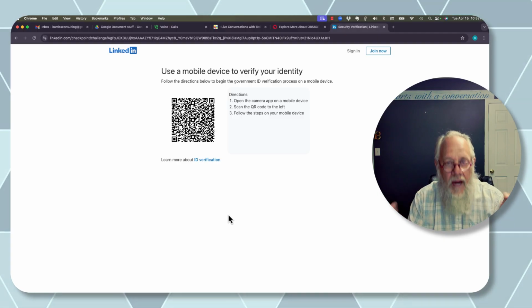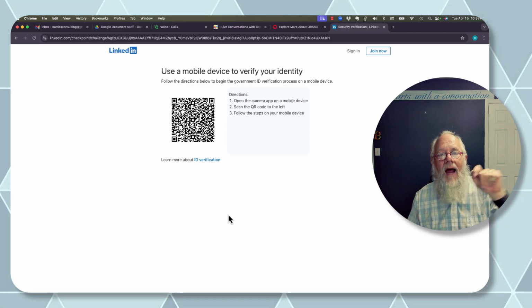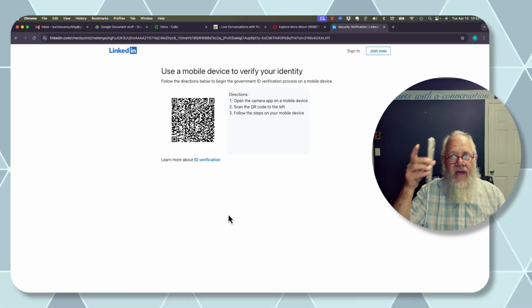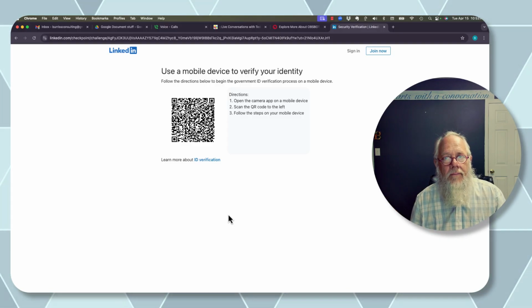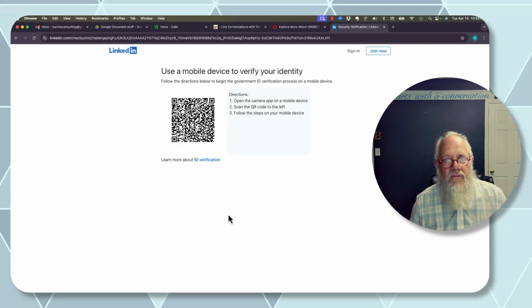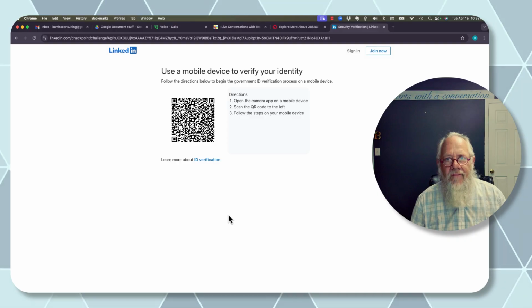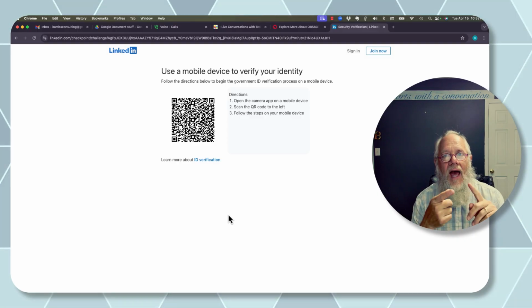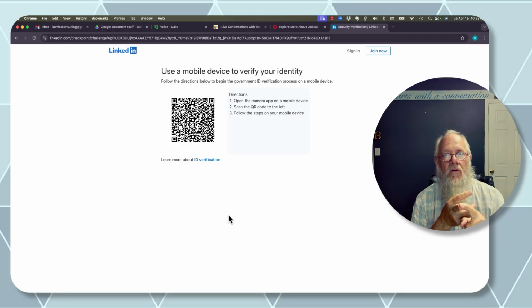I recommend 12 characters. But follow the prompts behind that QR code that you scan with your cell phone so that you can verify your identity. You can add a new email address, and you can add a new password. Those are the steps you're going to have to take if you do not have access to the email address and you do not know your password any